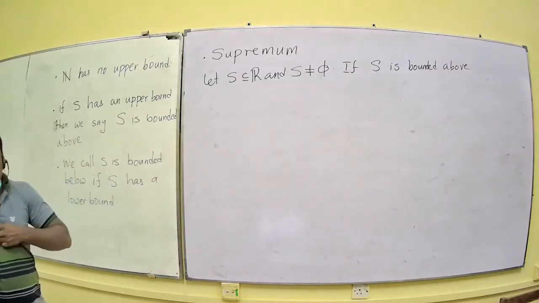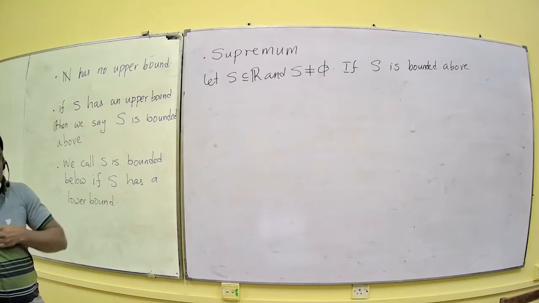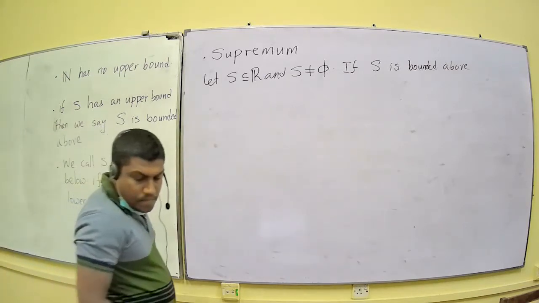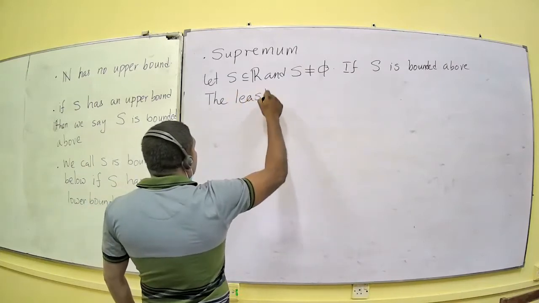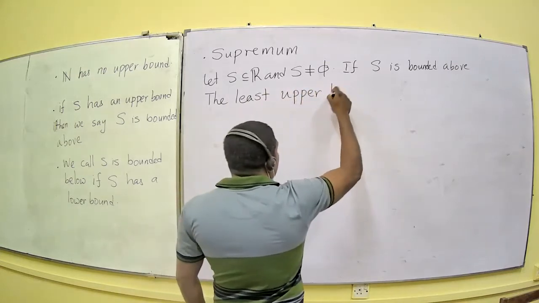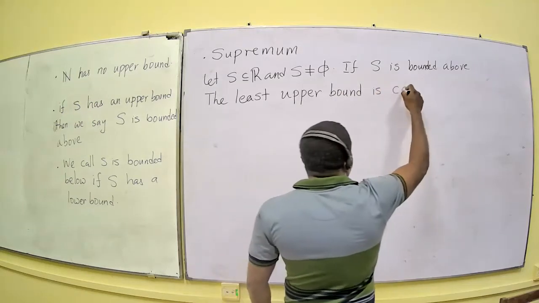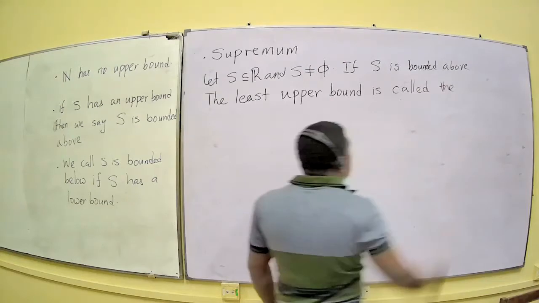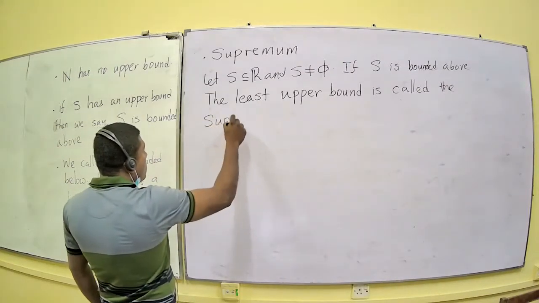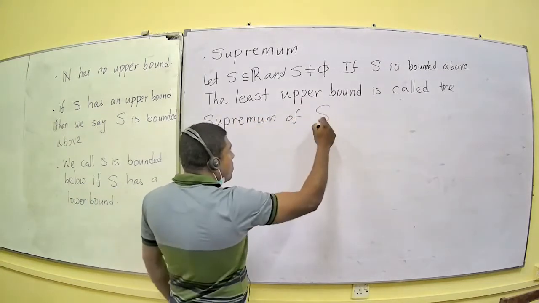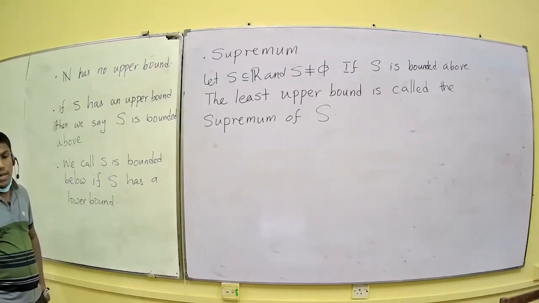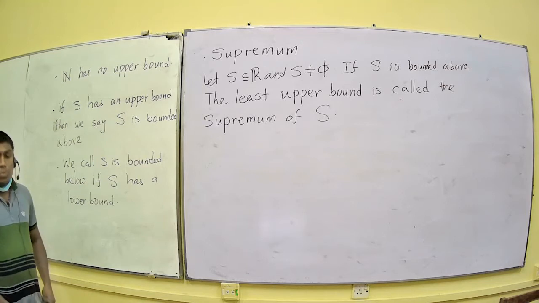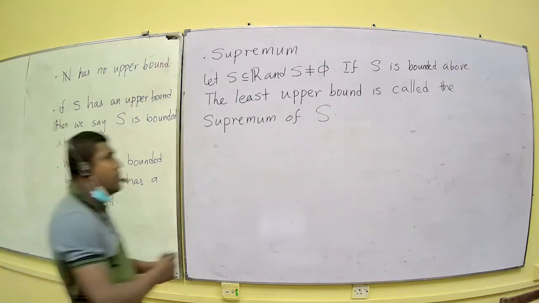If S is bounded above, then you know it has an upper bound, at least one upper bound for S. There can be many upper bounds, but among those, the smallest number, the least upper bound of S,